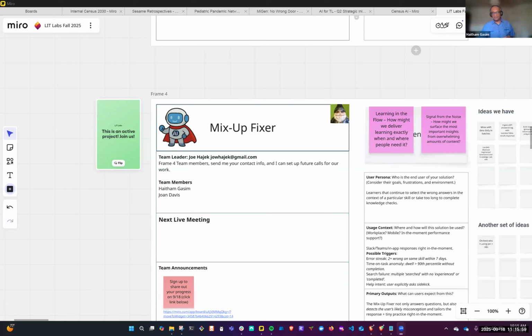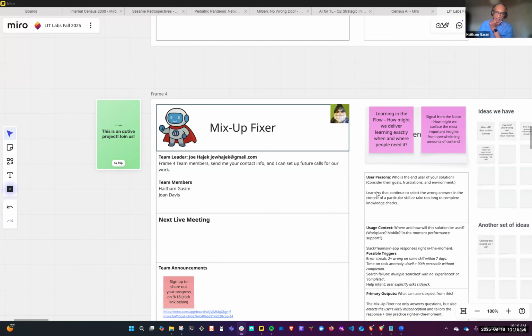All right. So our project name is Mix Up Fixer. We had a couple other names, but we picked Mix Up Fixer. And what the Mix Up Fixer does in a nutshell, just a little bit of background: I've always been working with xAPI and data and how to put it in an LRS, how to build graphs and completion graphs and all of that stuff. But based on personal interest, I wanted to do more with the data. Meg, we've had a couple of conversations in the past about how we can mine that data to do other things. So I looked at some of the ideas, and